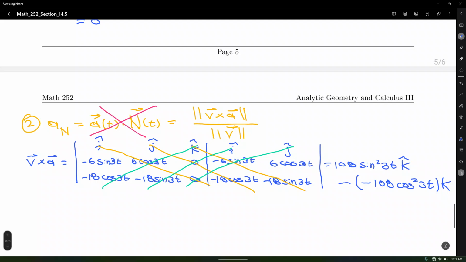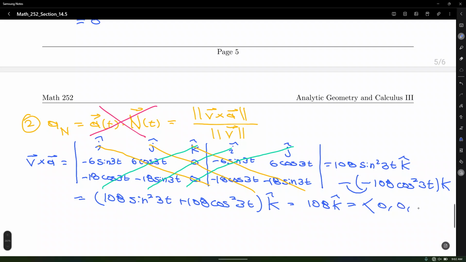So that's interesting because we have like terms and we have that identity again, sine squared plus cosine squared. So this vector will reduce really nicely. Number one, let me write this as minus minus equals to plus, that's 108 sine squared 3t plus 108 cosine squared 3t in the direction of k. And well, sine squared plus cosine squared, isn't that equal to 1 times the 108 they have in common? That's simply going to be 108 in the direction of k,